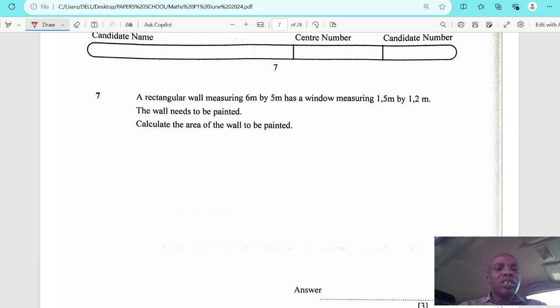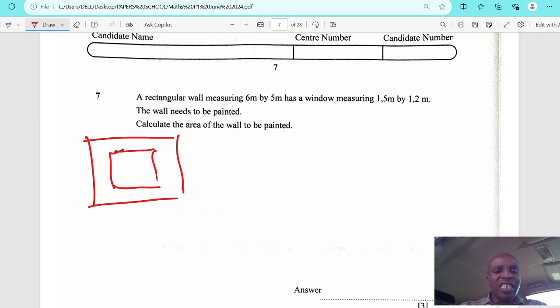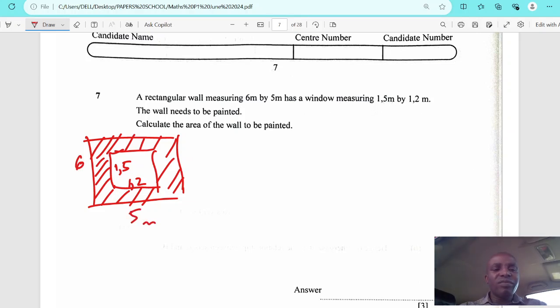The area, look, my wall is made up of 2 parts. I have this one is the wall. Then there is a window inside. So it means we're not supposed to shade the window, which means the area that you have to shade is this part. You see, that's the area that has to be painted actually. So this area is 1.5 times 1.2, that's the window, and this one is 6 by 5. So you say area of the bigger shape minus area of the smaller shape, which is 6 times 5,